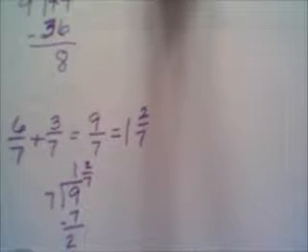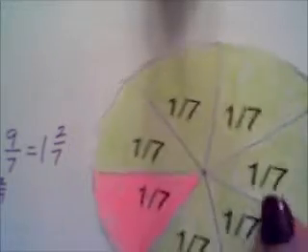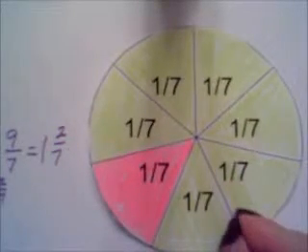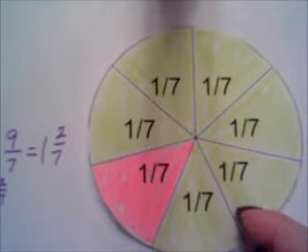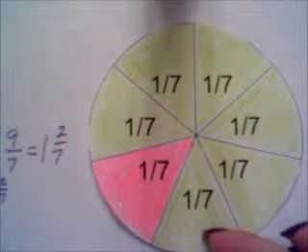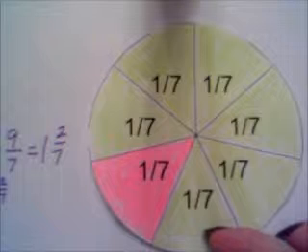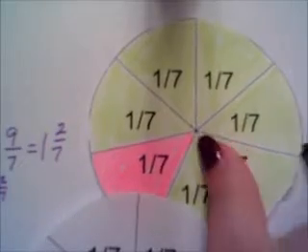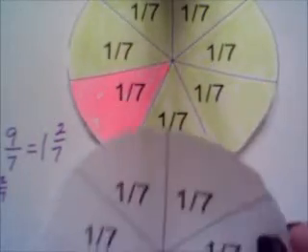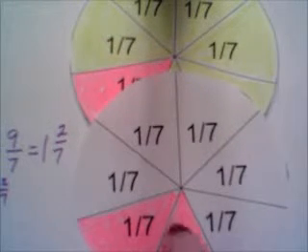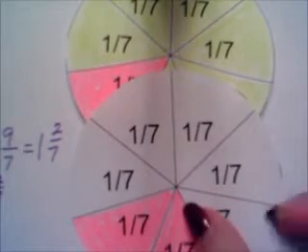On this circle, I have it divided into 7 pieces. Okay? I have 1, 2, 3, 4, 5, 6 of the pieces shaded a yellowish green, right? All right. I have a second circle, and on that second circle, I have 1, 2 of the 7ths shaded pink, and on this one, I